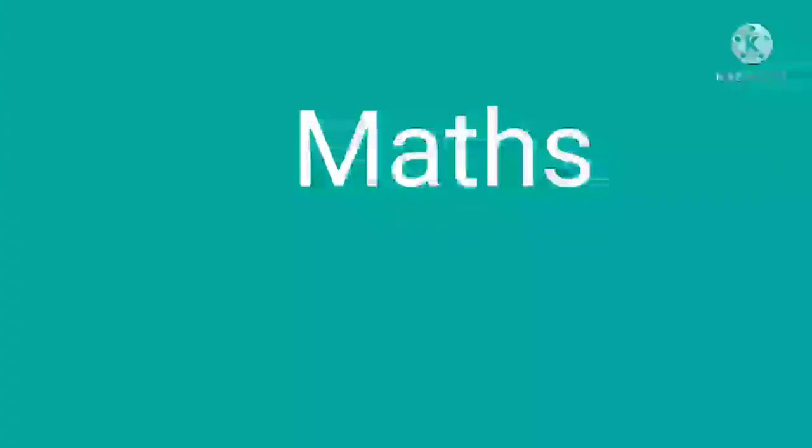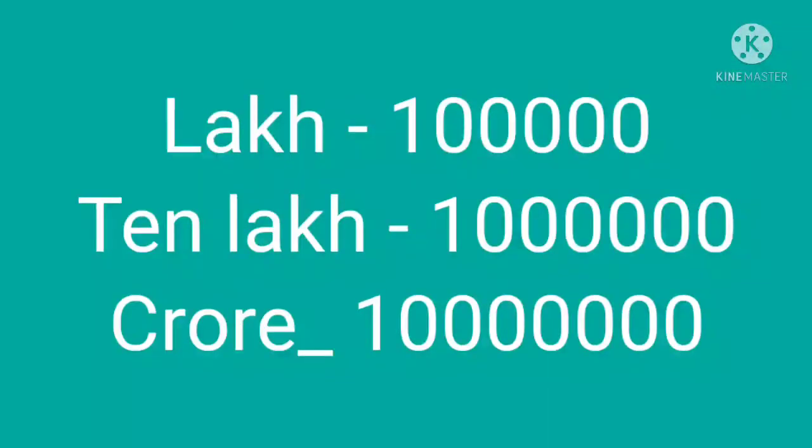Okay, fine. We are going to discuss the unit Large Numbers. Do you remember the large numbers that we have discussed? Yes, which are they? Lakh, it is the smallest 6-digit number. Then 10 lakh, it is the smallest 7-digit number. Then crore, it is the smallest 8-digit number. Now, let us begin today's class.